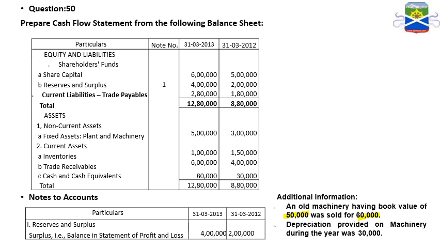profit. But we'll calculate how much the purchase amount is by preparing a machinery account, where depreciation is 30,000. So we consider these three parts while we prepare the machinery account, and we'll find the profit of 10,000, and how much is purchased, from this.